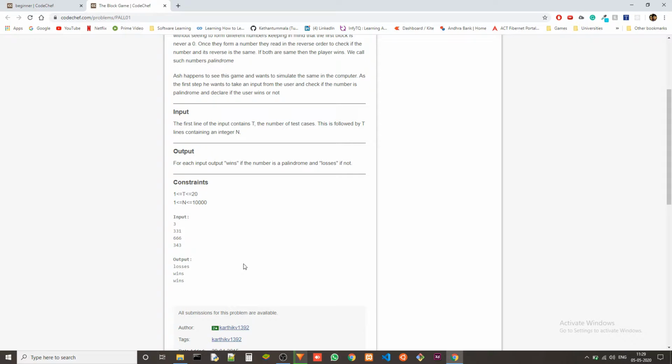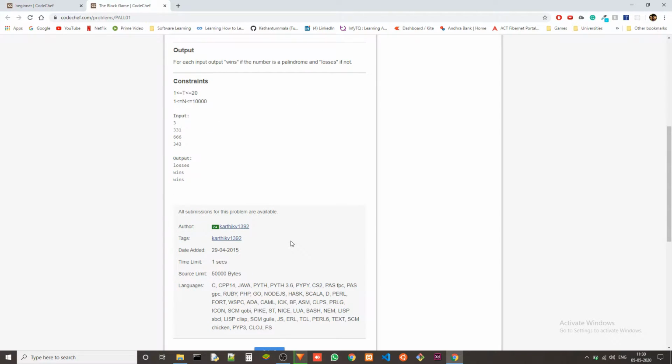Let's say we have the word SOS. When we reverse it, it will still spell out SOS. The spelling won't change. So the correct order and the reverse order are both the same, so that is also a palindrome. Those are basically what palindromes are.